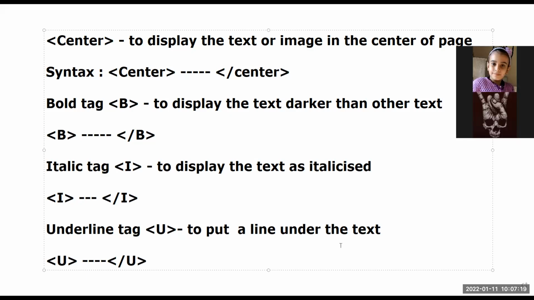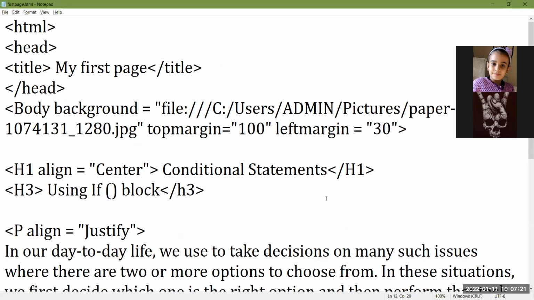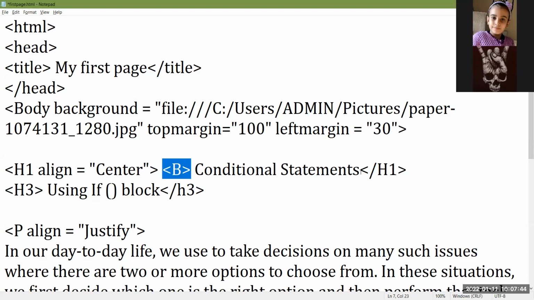Okay. Here we are using H1 tag. This is a conditional statement. Okay, but I want to make it bold also. So what will I do? I'm typing the B tag at the beginning of the text. I want to make it bold. ठीक है, जिस टेक्स्ट को बोल्ड करना है उसके पहले B tag शुरू करो. Now, when I close the tag, I will see this tag is opened last after the H1 tag. So it will be closed before the H1 tag.